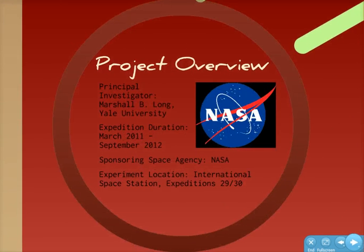SLICE is being developed by a group of professors from Yale University in collaboration with scientists and engineers from NASA's Glenn Research Center and Zinn Technologies, both located in Cleveland, Ohio. Yale professor Marshall B. Long is the principal investigator for the experiment, but he won't be the one actually doing the hands-on testing. That responsibility belongs to NASA's astronauts of International Space Station Expeditions 29 and 30, primarily astronaut Don